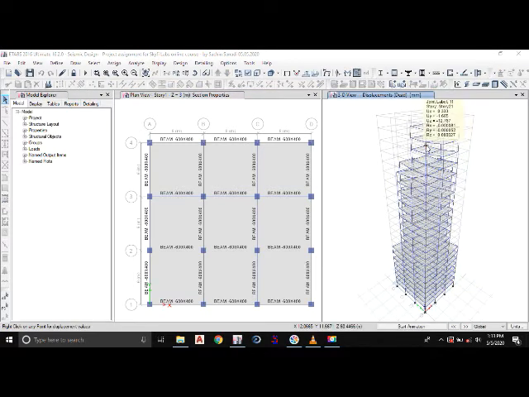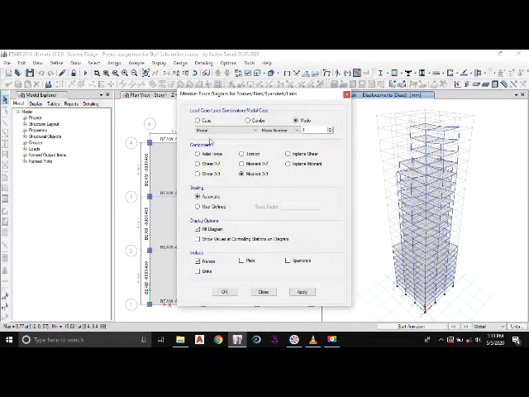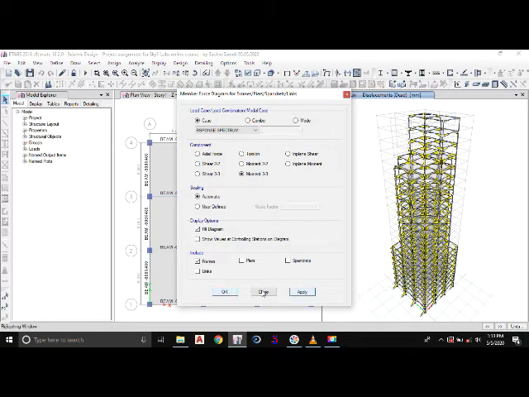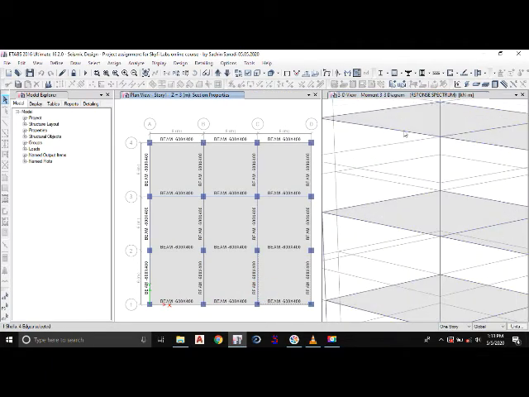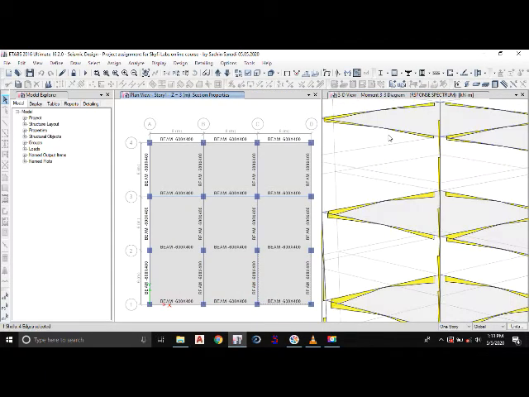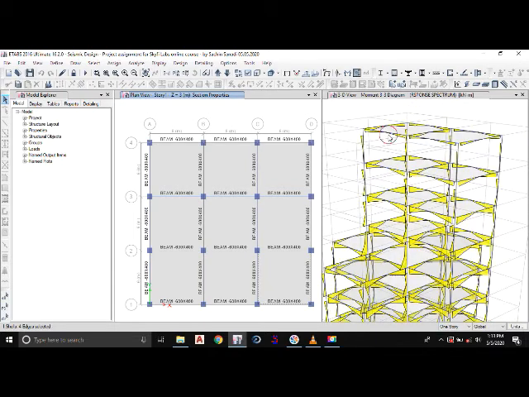So once the analysis is complete, you can see again all the deformation values for different nodes of the building. We'll go to shear force bending diagram. So again, I click on this icon. I will select the load case and the load combination. So I'll select the load case as response spectrum. I'll select the moment 33 and I'll click apply. Click OK. So we'll get the bending diagrams for each and every member.